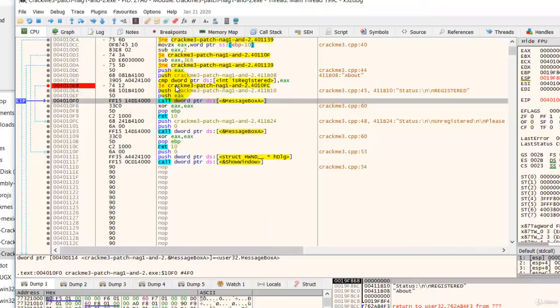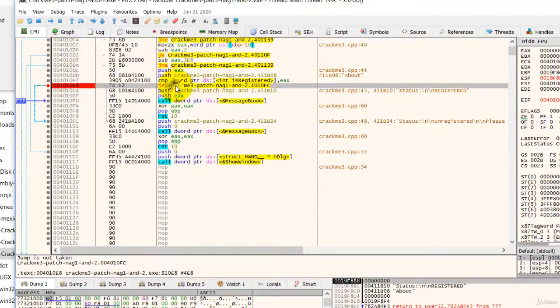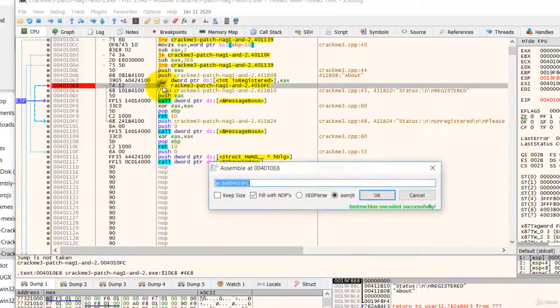Alright, so how do we make this permanent? To make this permanent, we have to no-op this. That's right, we no-op this so that the jump will not be taken. That's what we want. So to no-op this, we just have to double click and type NOP,